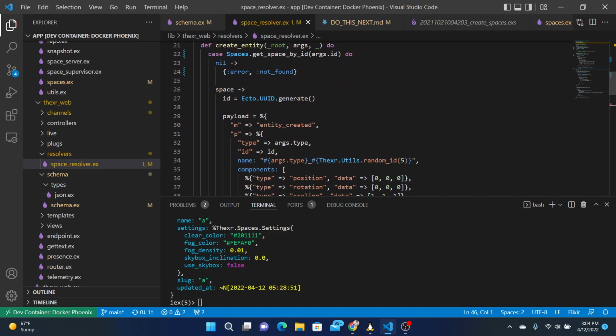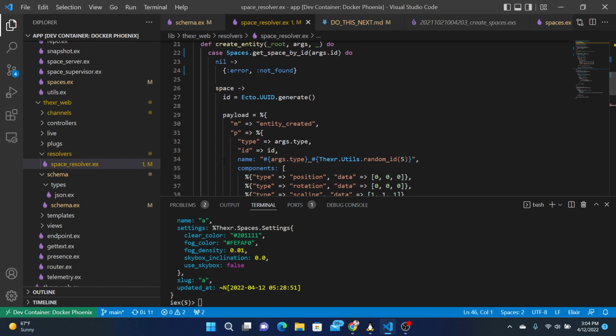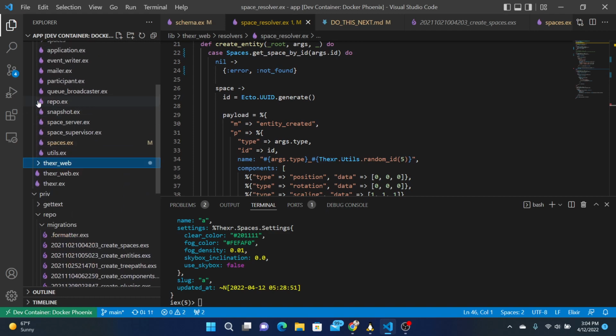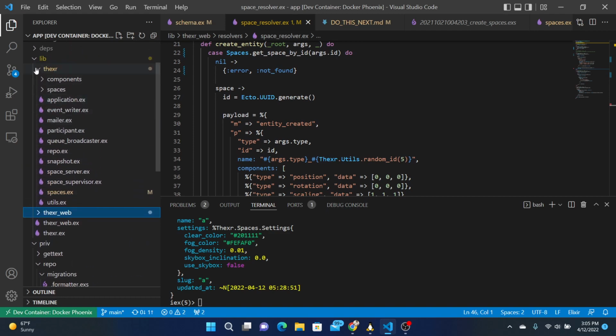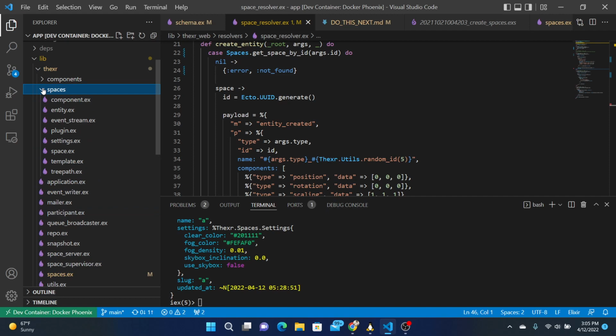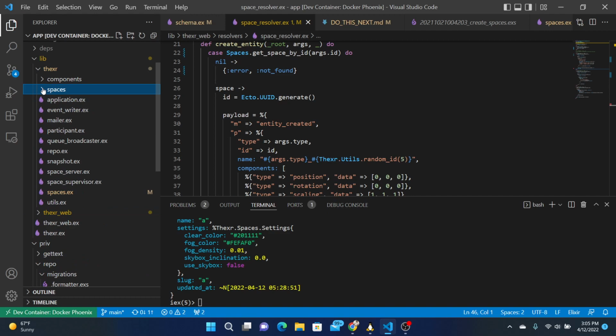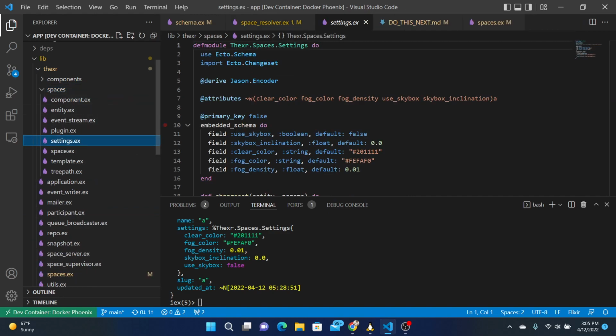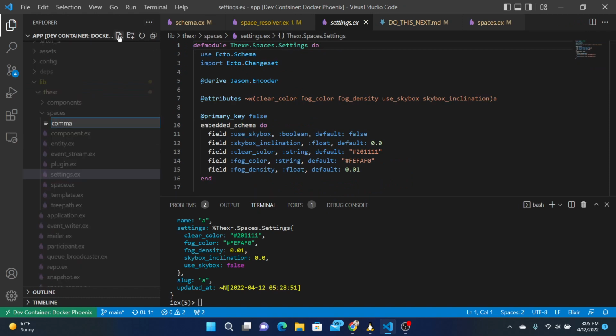Okay. Now we'd rather make this into maybe a command. So maybe we can make a context for commands. Still put them under spaces. Command.